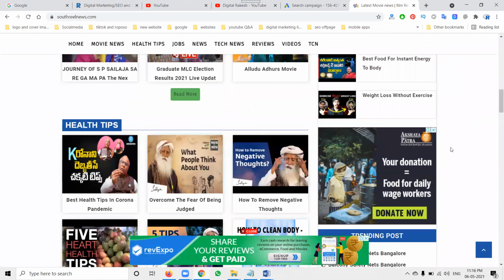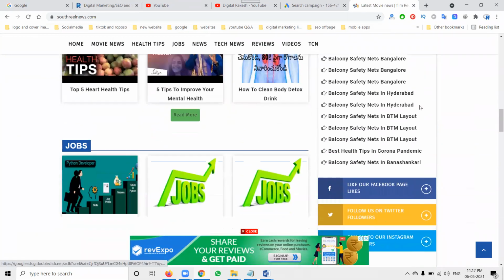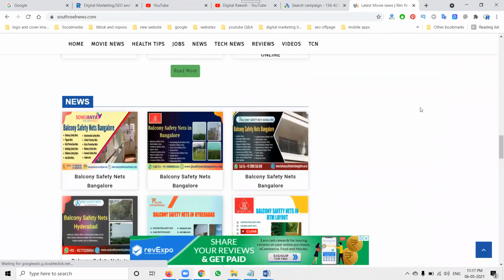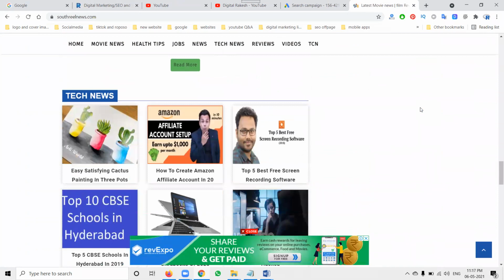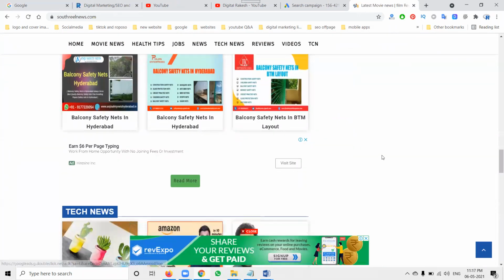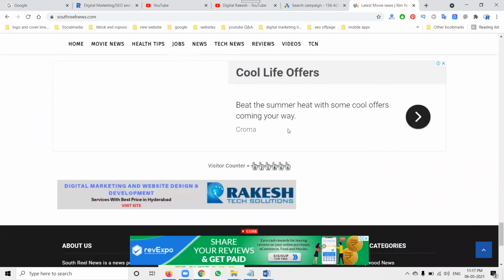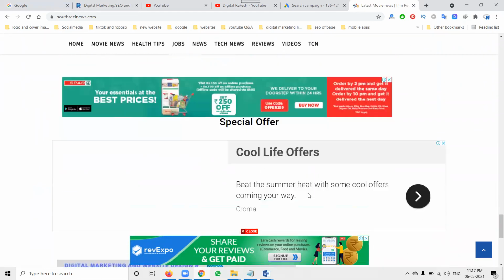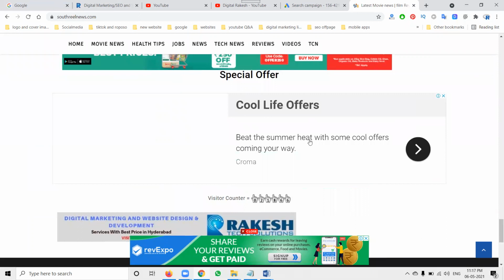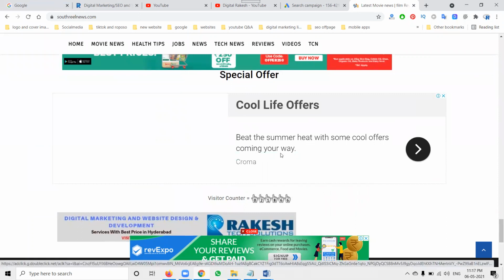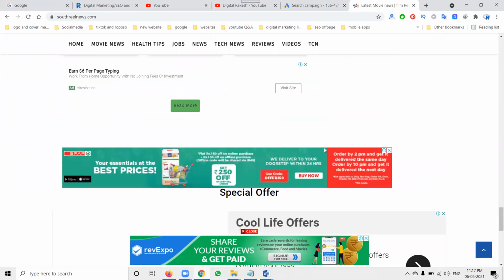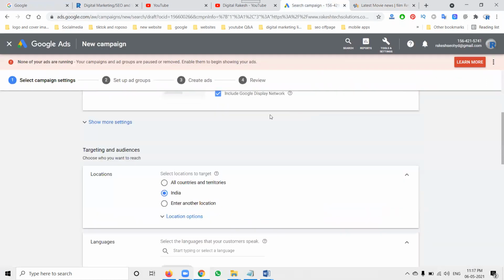This type of ad will be shown to the customer, with options like Donate now, Sale, Shop now. We can show multiple options to customers. All of these are the sale purpose options. For example, cool life offer: beat the summer heat, some cool offers coming your way, Croma. All of this is sale purpose display.